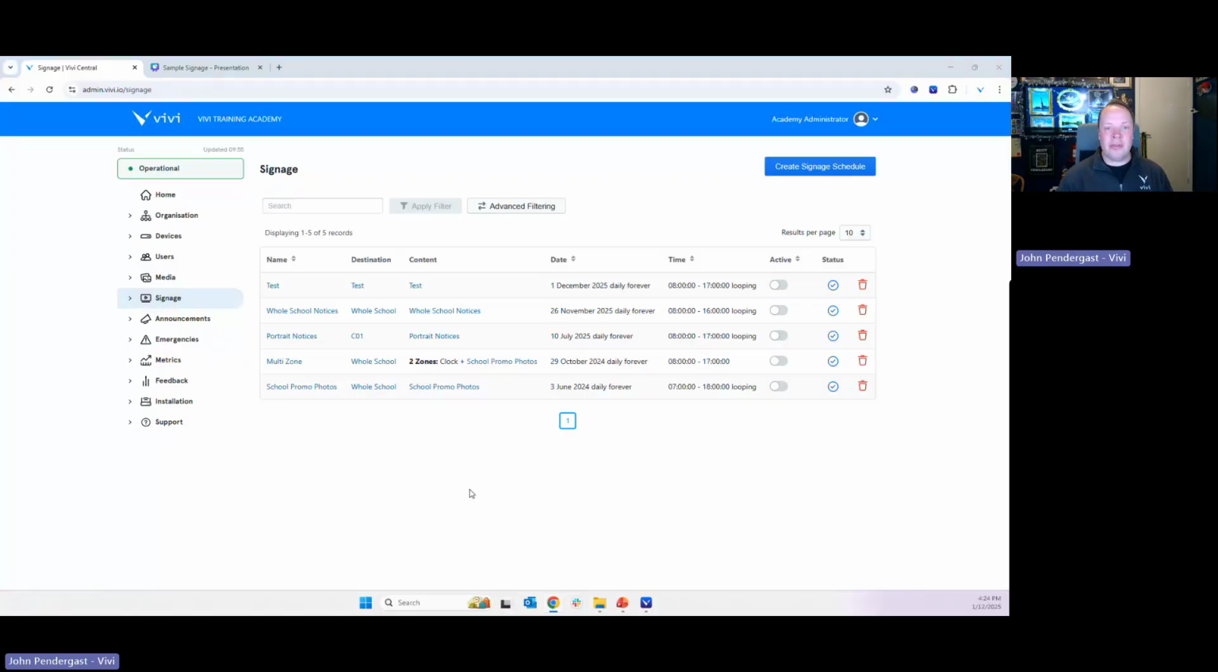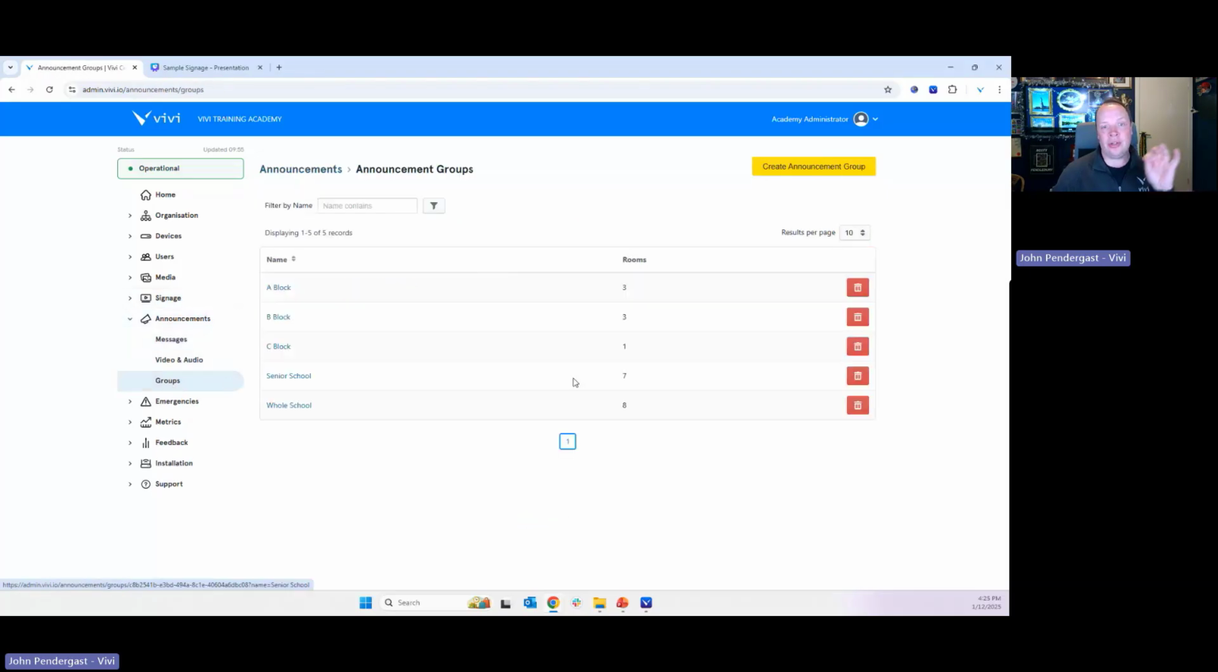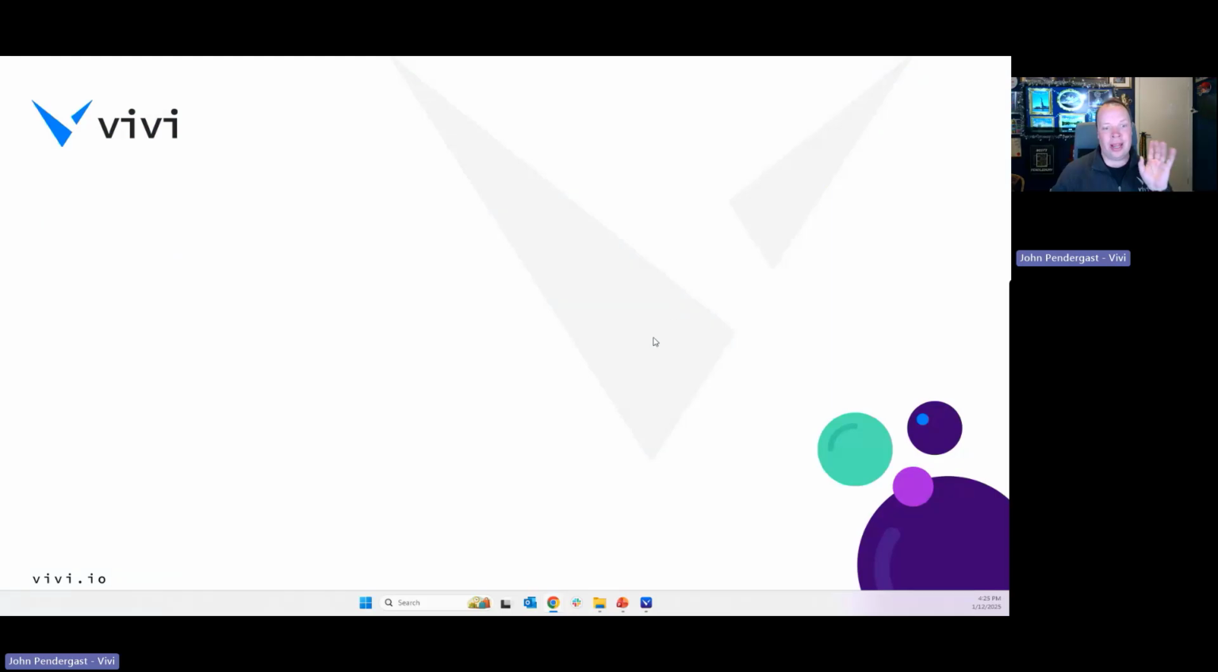So let's have a look at announcements. Announcements is the second part of our campus communication suite. With announcements, people who have permission, so it's only select people, can either send text-based announcements to the classroom displays or go live to the classroom displays. Now, there is a little bit of setup that needs to be done beforehand using this groups option, where you create announcement groups and give permissions to people, but I'll talk right at the very end about